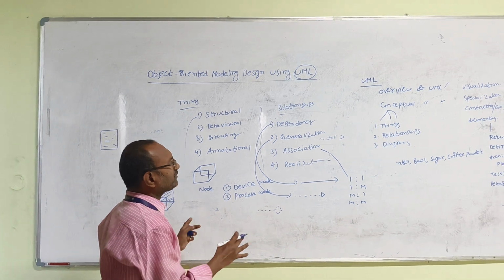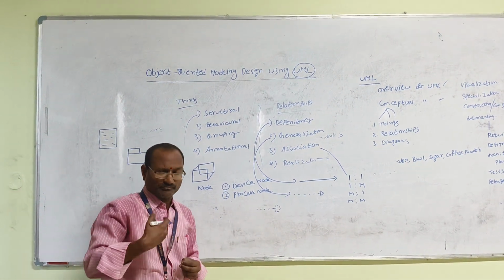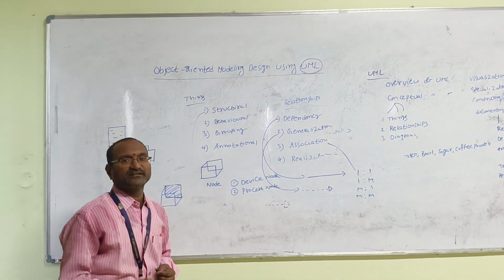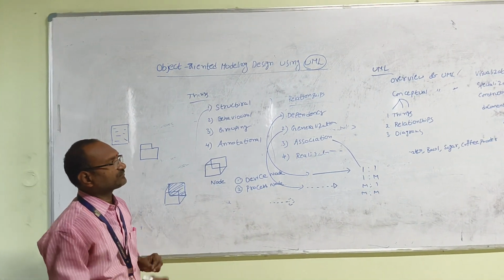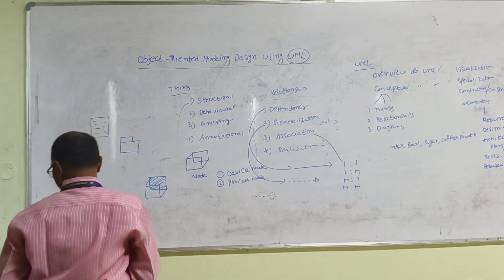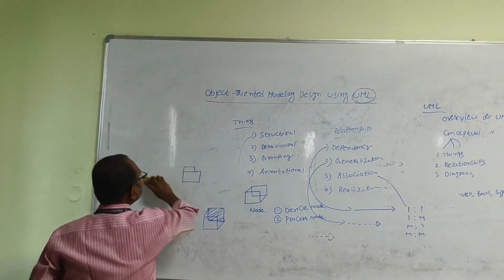All relationships are implemented in the UML diagram, mainly connecting different types of objects or diagrams. Next, the third one is the diagrams. In diagrams, we already discussed object